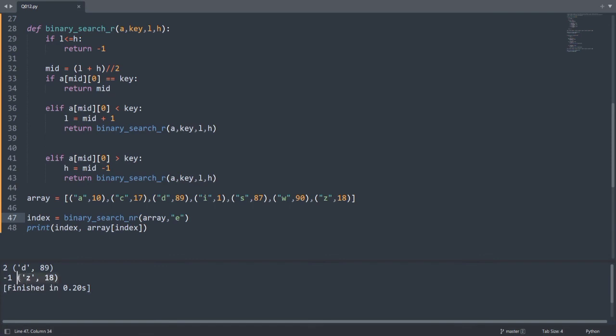Let's see why it is returning Z. Basically, if I'm checking for E, it should return -1. Yeah, and let's check for B. Still it is returning me this value. So yeah,